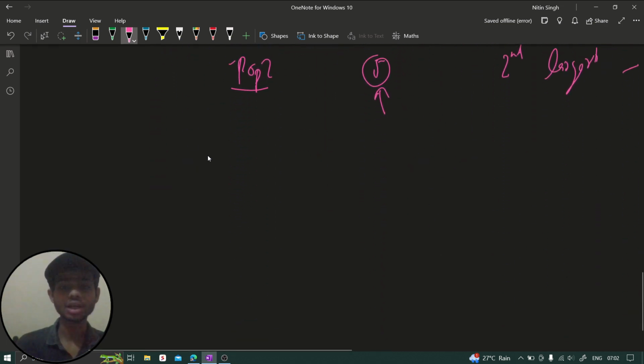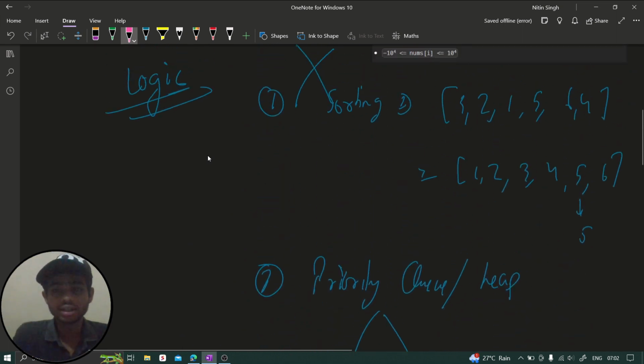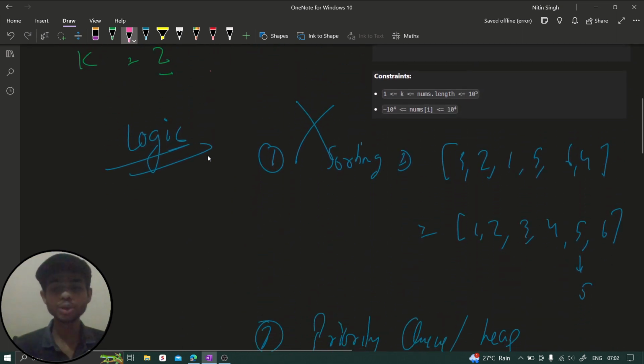The second thing is nothing but the min heap. I know it's getting quite complex, so let's quickly summarize this. First of all, sorting, which we don't need to use, but if we sort it, we just need to find the last from the end, second, or we can say the kth number. Here we found from the end the second number, which is 5,